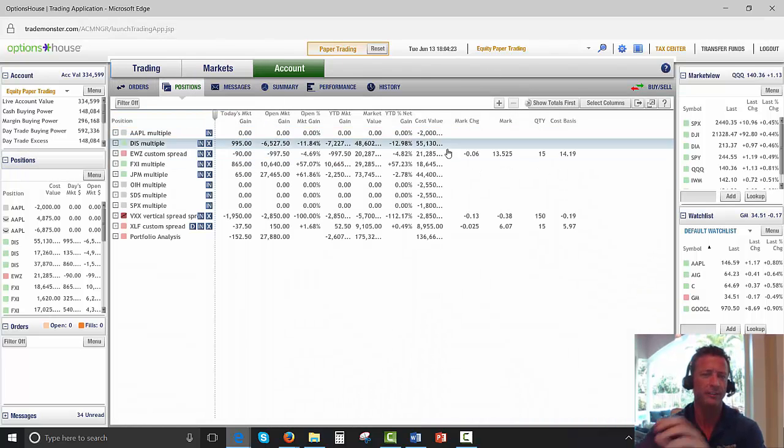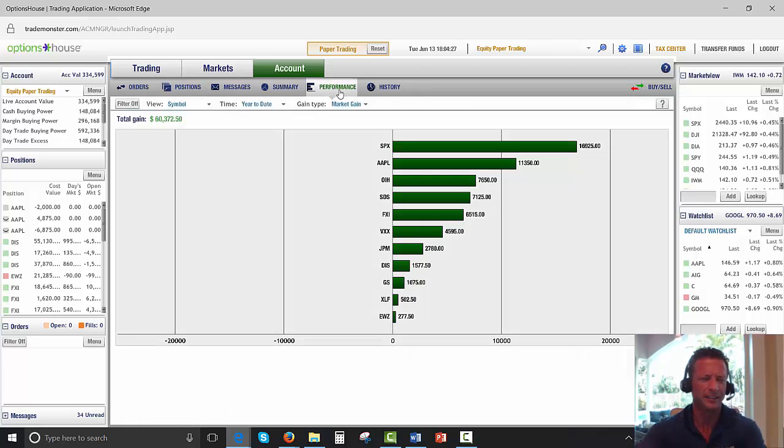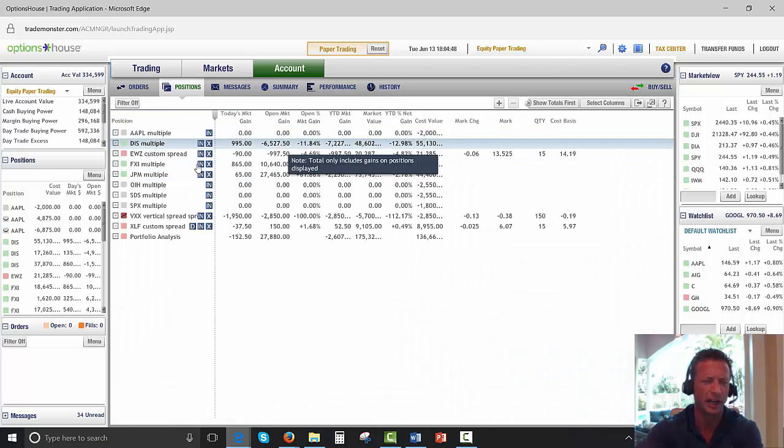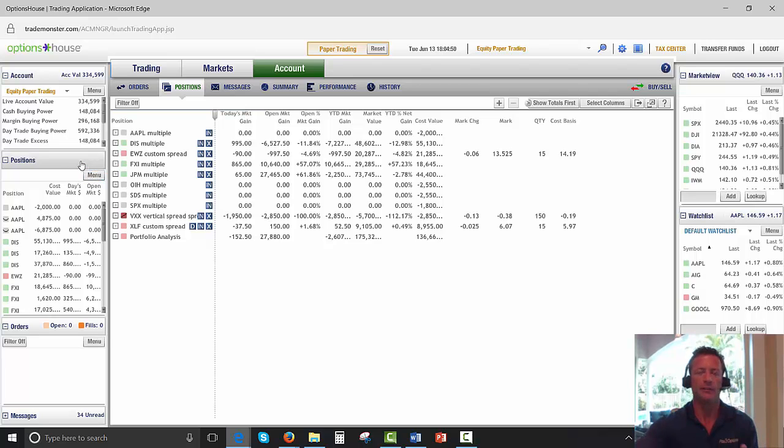The Urgent Alert. This is the combined. Since I only do 1 or 2 weekly options trades a week, it doesn't make any sense to have 4 separate screens here. So the Urgent Alert and weekly options model portfolio is up over $60,000 year to date. If you look at this screen and say, holy crap, this guy's awesome, there are no losing trades, there's a hell of a lot of losing trades in here. What you do is you try and make them up. I have a couple long-term Disney trades that aren't doing so hot, but net,